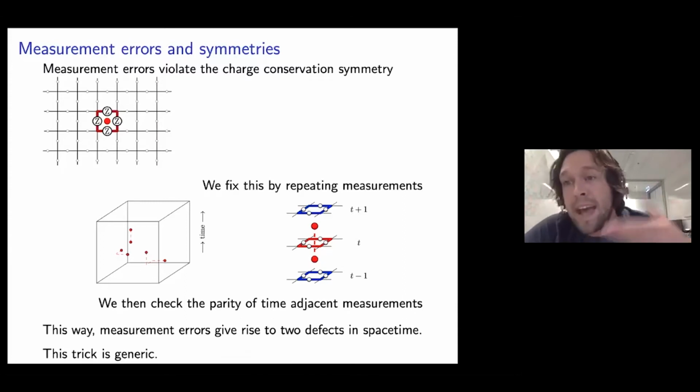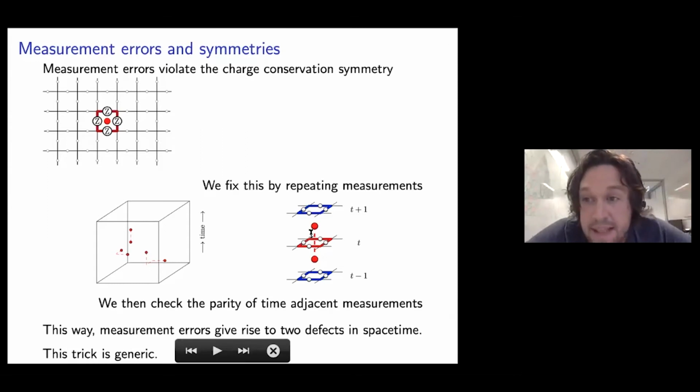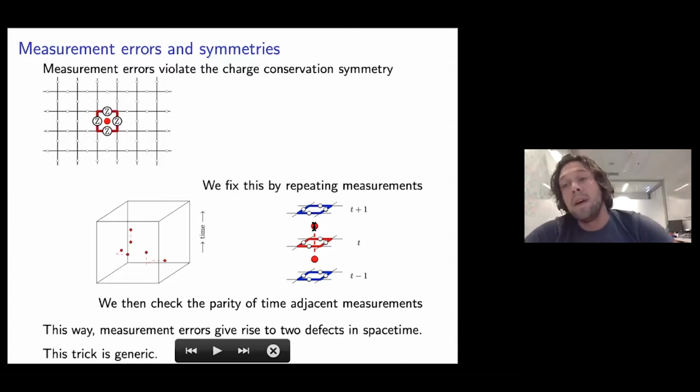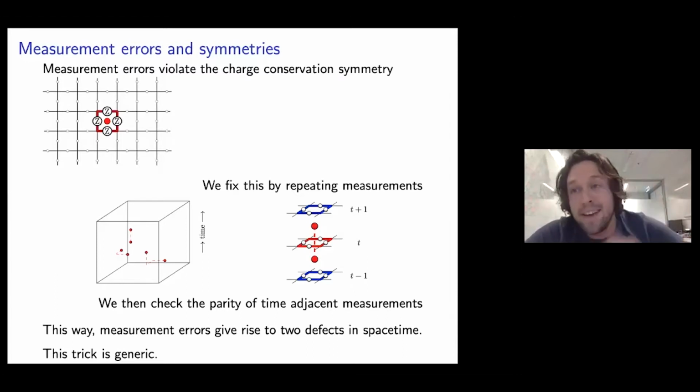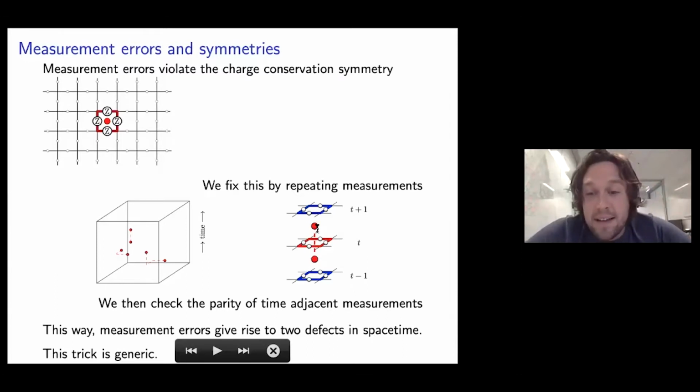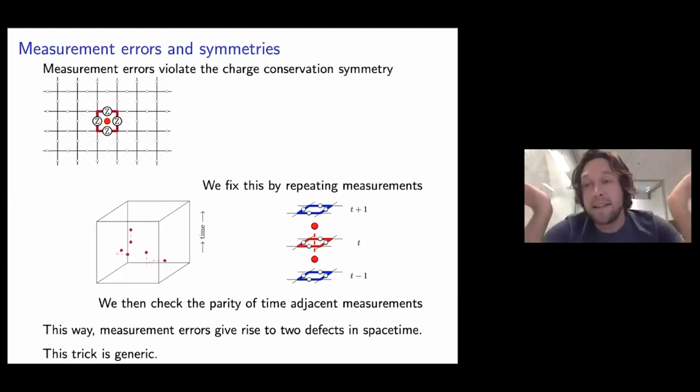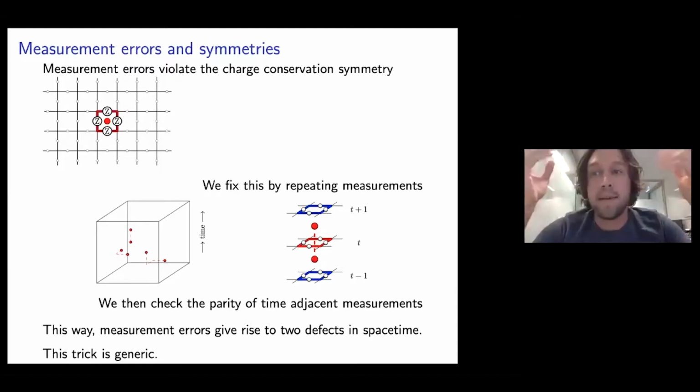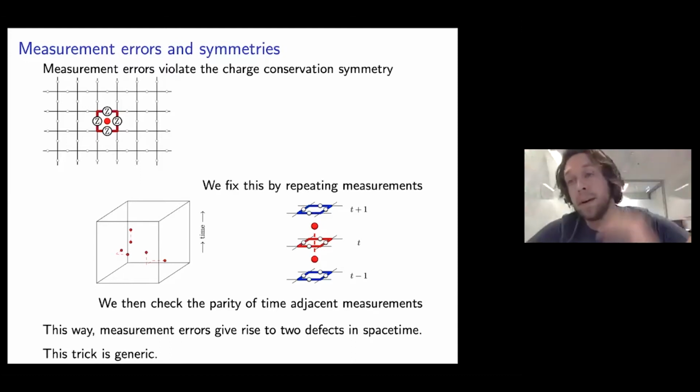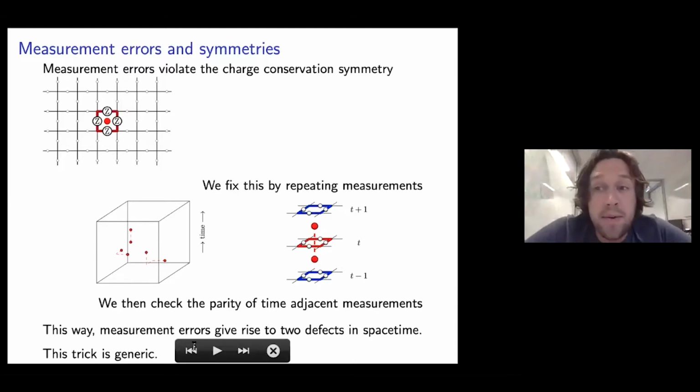I'm going to do the same again at the next time step. Because the parity of this measurement and this measurement don't agree, I'm going to say there is a defect there. And so you can see that this one measurement error appears like a string, and two defects live at two opposite endpoints. Okay, so now we have a way of recovering a syndrome when there are noisy measurements as well. But the problem is now that we have to increase the